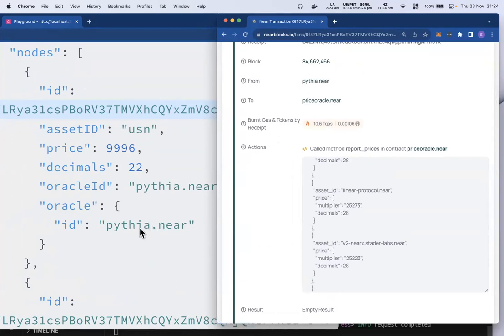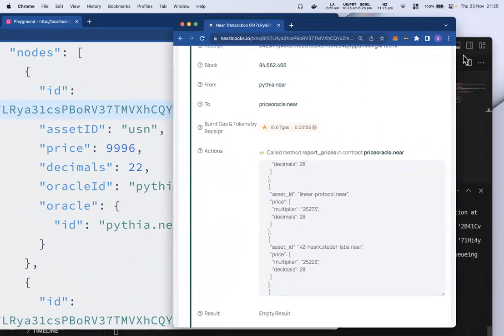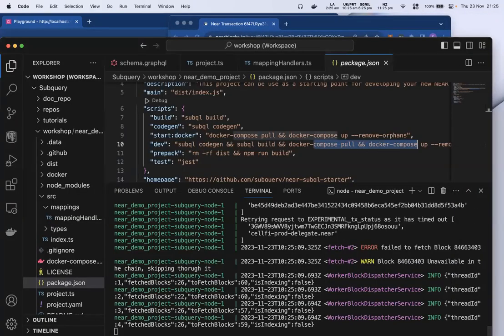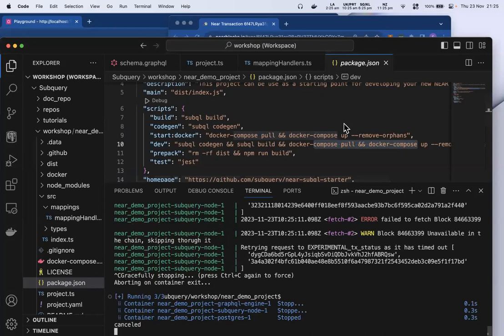So that's the ID. The Oracle ID here is pythia.near as well. So there we go. Just a very quick example of how you can get your NEAR project, the Oracle,